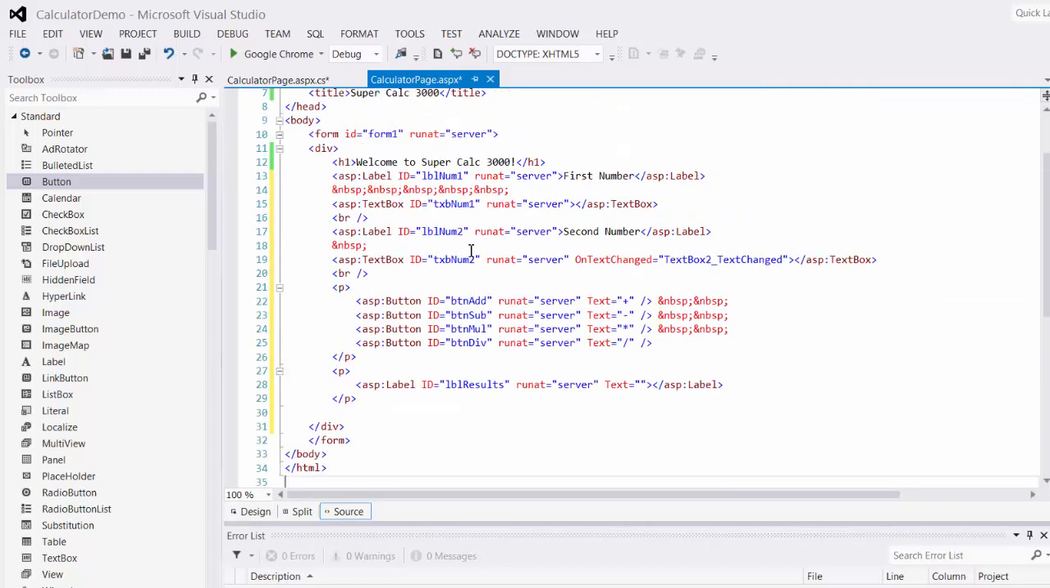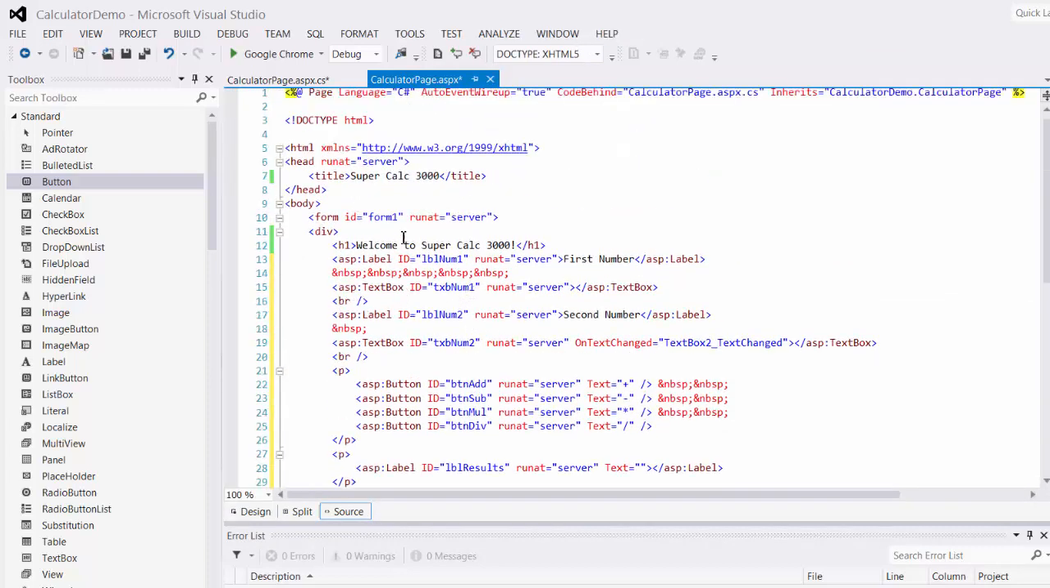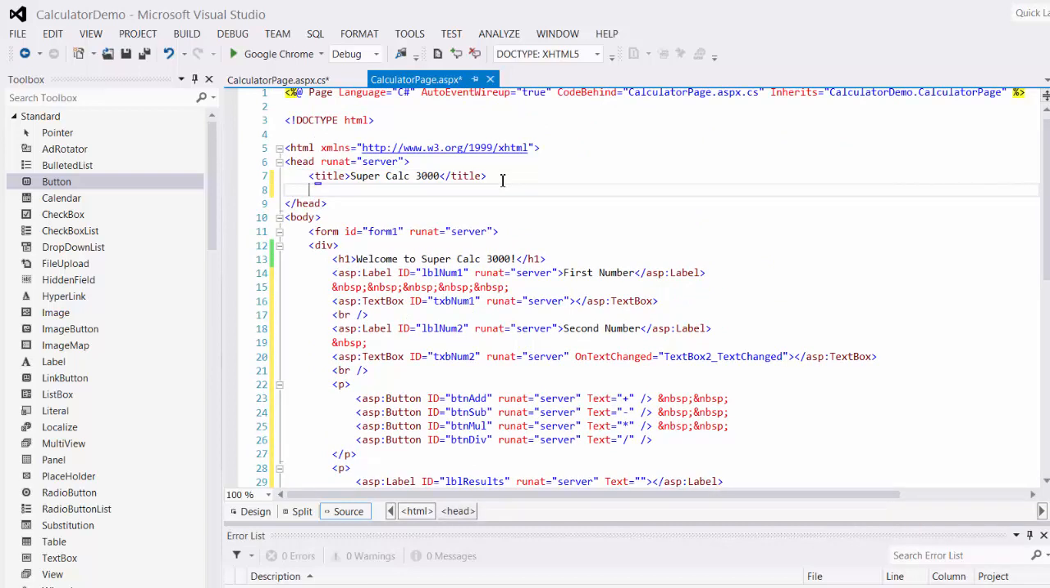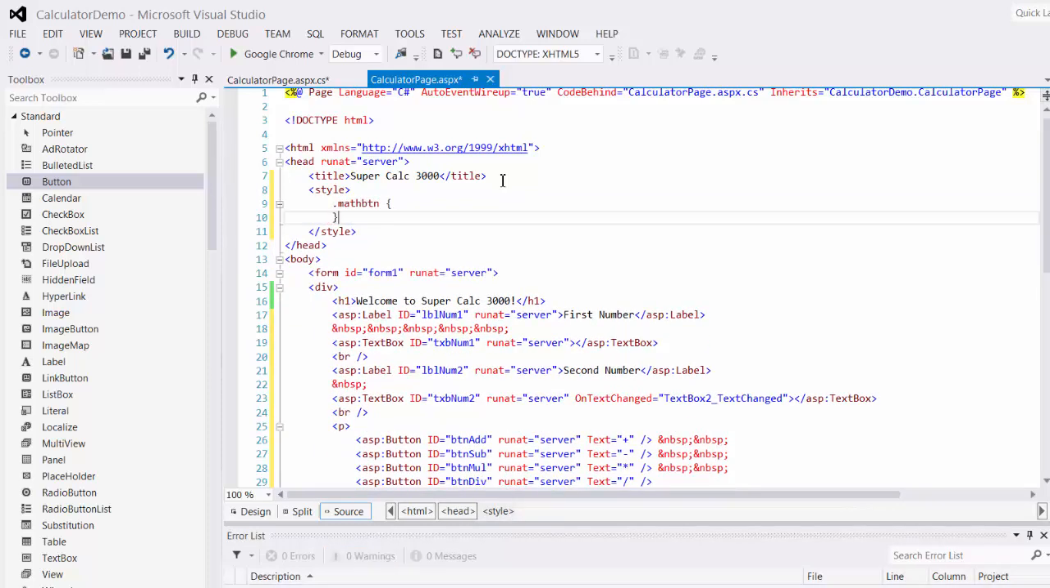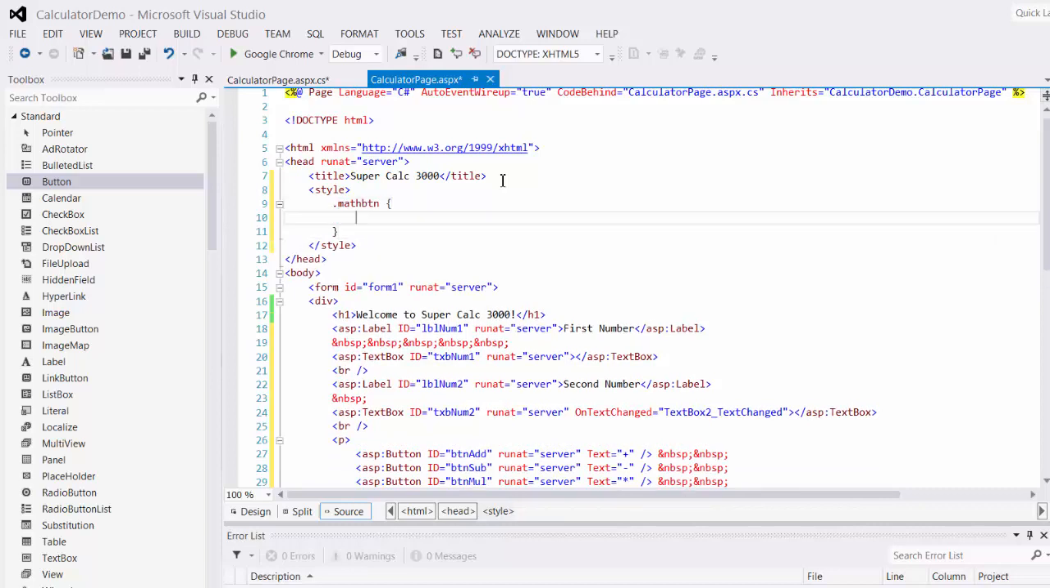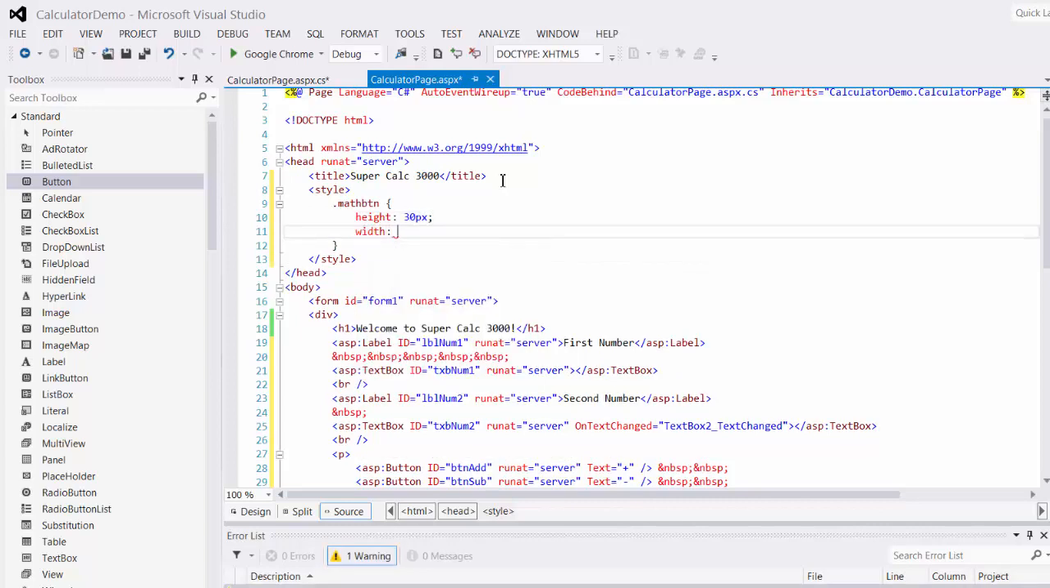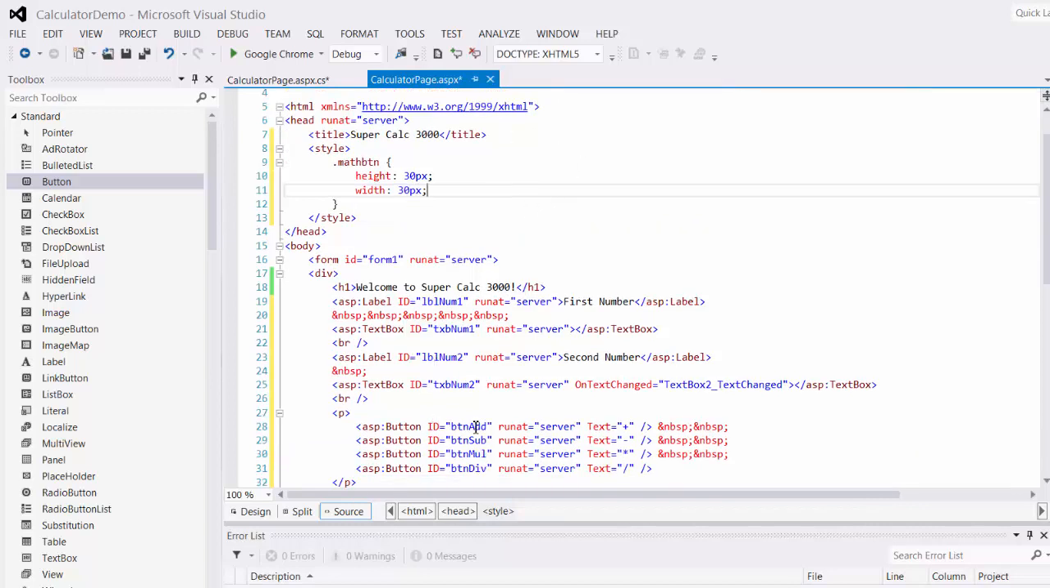And then these buttons I'd like to style a little bit, so I'm going to add an inline style sheet. I'm going to create a class called mathBTN. And we're going to use that to set the height and width. And we're going to set the button CSS class property